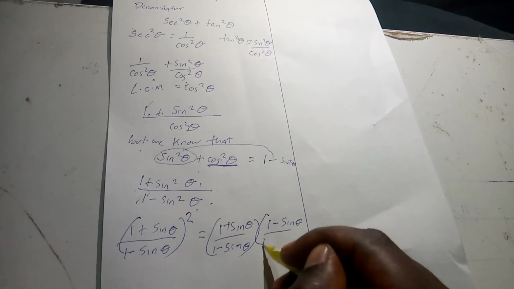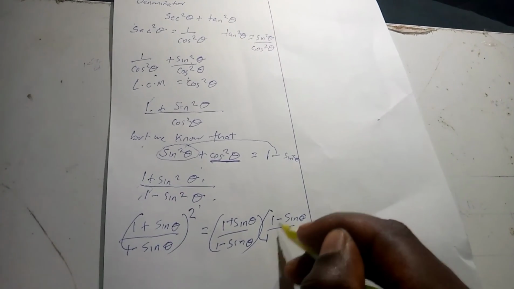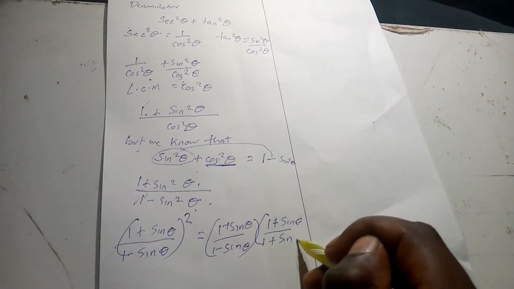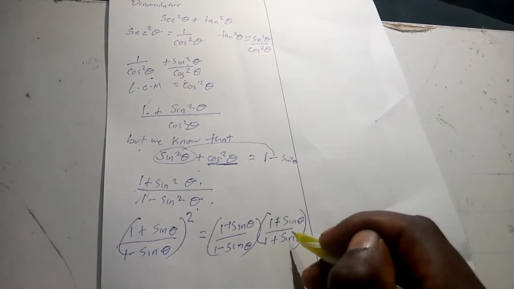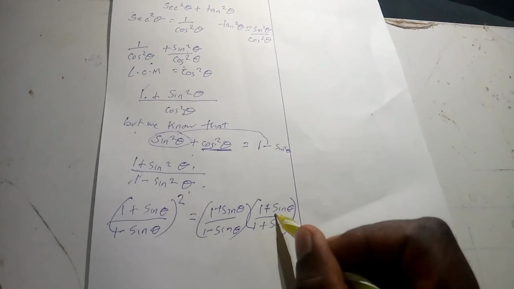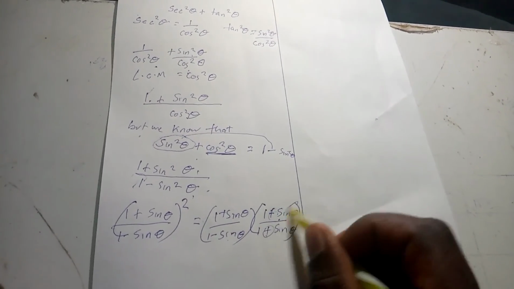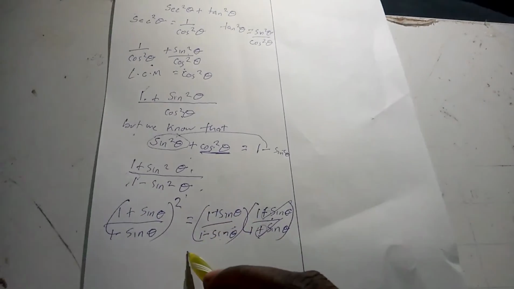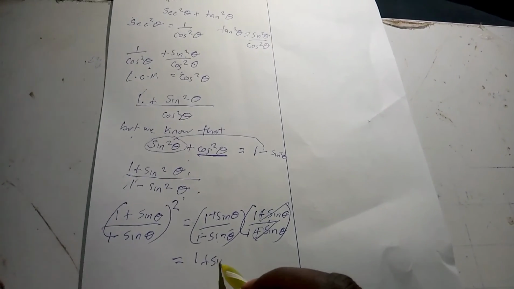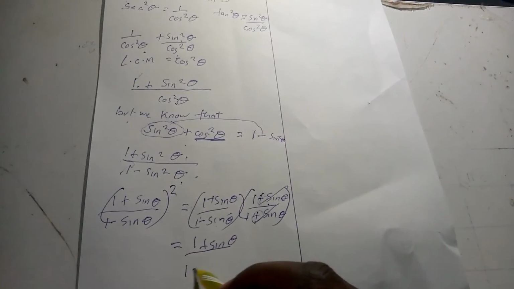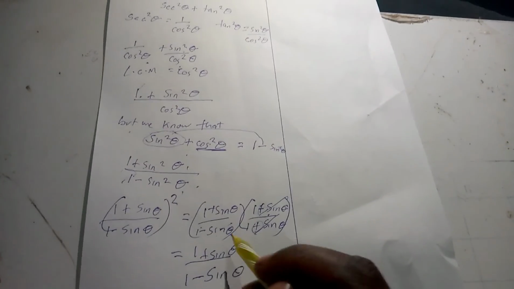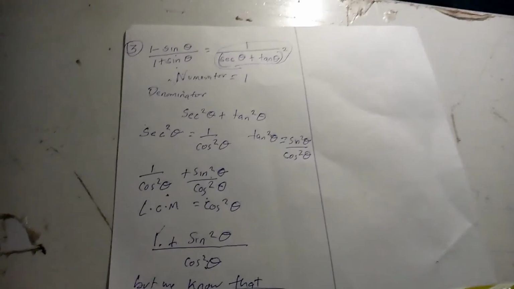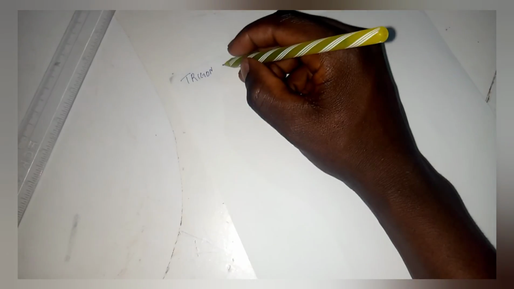So we're gonna use the same equation, that 1 plus sin theta over 1 minus sin theta is equal to 1 plus sin theta over 1 plus sin theta. Because when you expand these two equations, it will give you the same result. You can prove it. So when those two cancel, I think we shall resume with our answer, that it is that one from the equation we had been given there. We know that